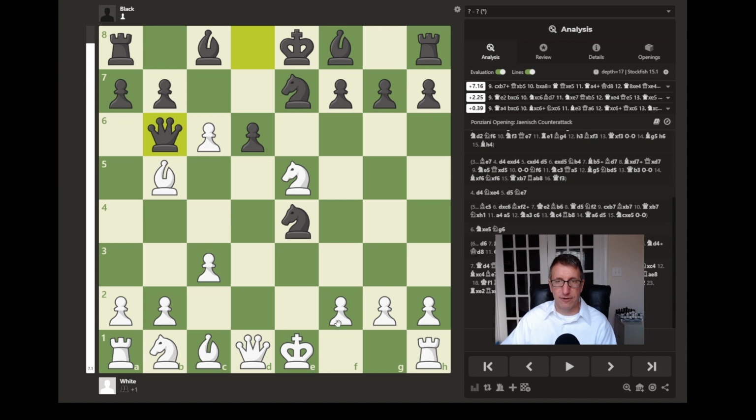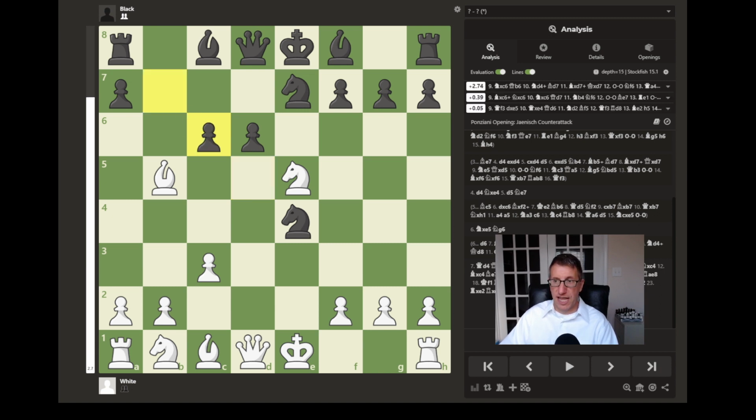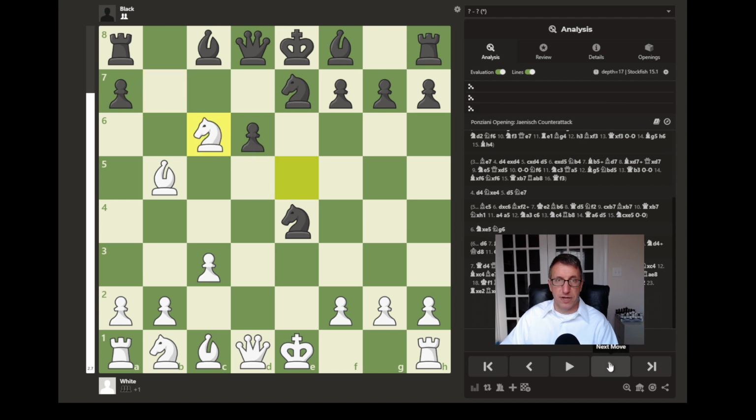threatening a mate down here, because then we could just have c takes b7 with a discovered check on the king, and now this pawn can go on to capture and create a queen up here. So in order to avoid that, after this d6, d captures c6, better would be bishop captures, and then after knight captures, then the queen could move here and